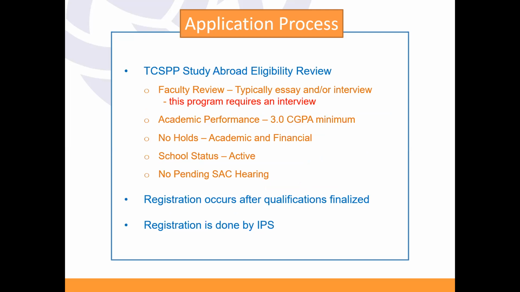Eligibility review, very transparent. Once we receive your application, my office is going to review your academic performance. We require minimum cumulative GPA at 3.0. Once in a while, I think I had only a couple of students whose GPA is a little bit below, but we will talk with the department chair and the faculty lead of the program to see whether this program is going to help you to catch up, help you to have professional connections with the cohort to benefit your academic progress. That will be case by case.